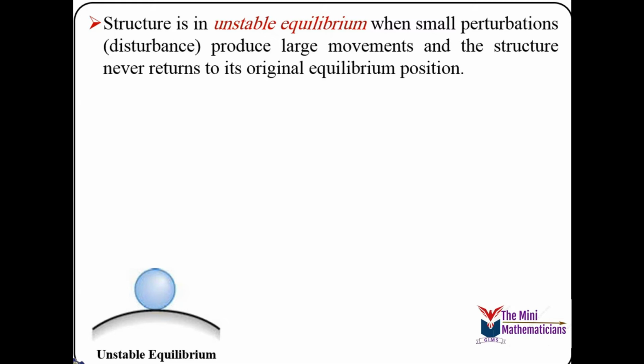When the load on the column is equal to or more than the buckling load, if we move the column, it will never come back to its original position and will not be able to withstand the load anymore. The example is this ball which is on the altitude. If we move the ball to either side, it will never come back to its position. This is referred to as unstable equilibrium, which we relate with the buckling of the column.